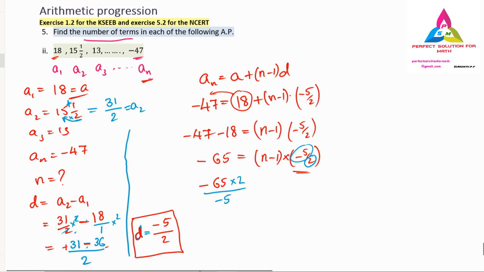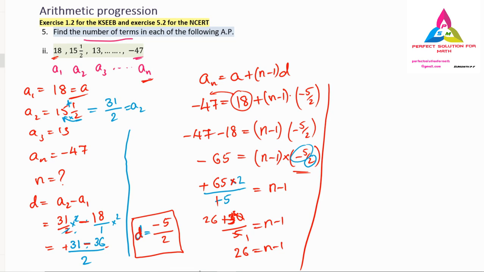So the next one remaining over here is n minus 1. So n minus 1 you can write down as it is. Now you can see it is a multiplication. So 65 times 2 is nothing but 130. If you calculate, you can come to know that it is 130. So here minus and minus get cancelled. So divided by 5, that is equal to n minus 1. Now we have to do the calculation. 5 1s are 5, 5 2s are 10, 3 will remain, 5 6s are 30. So 26 is equal to n minus 1.